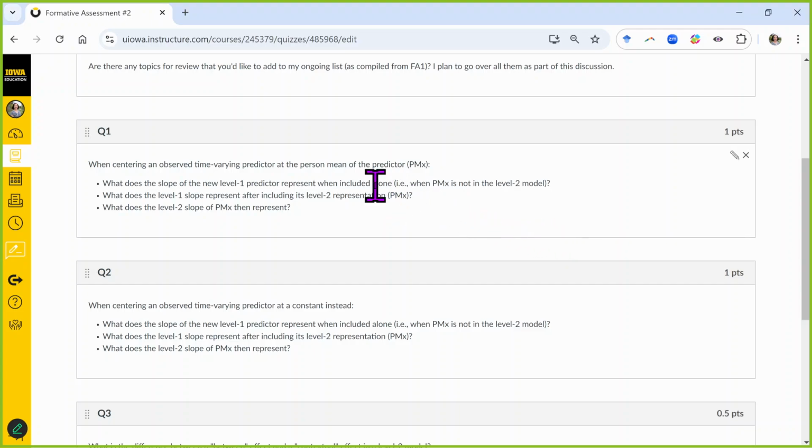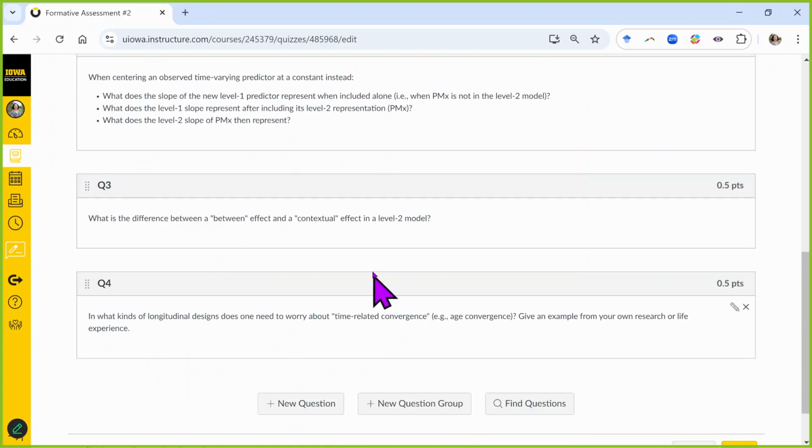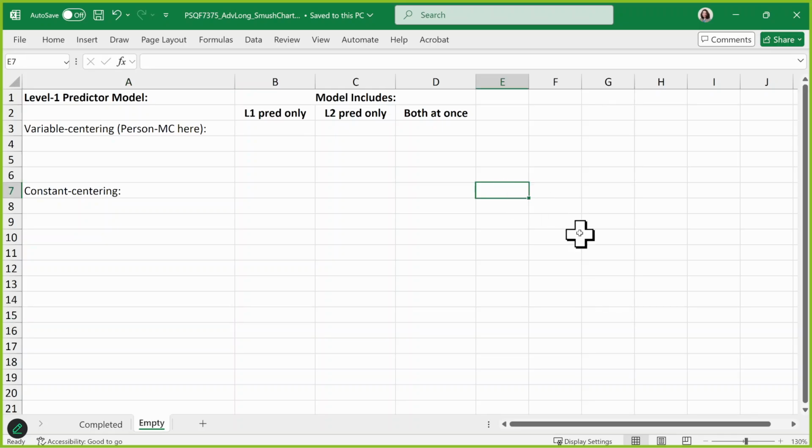Then we have questions about time-varying predictors and model specification. There was some variety, I would say, in how folks approach this. It looks like there's some confusion as to what person mean centering results in with respect to the level 1 predictor when it's paired with the level 2 mean versus without. Questions 1 and 2 focus on that idea, and 3 focuses on between versus contextual. So I wanted to build us a little chart,